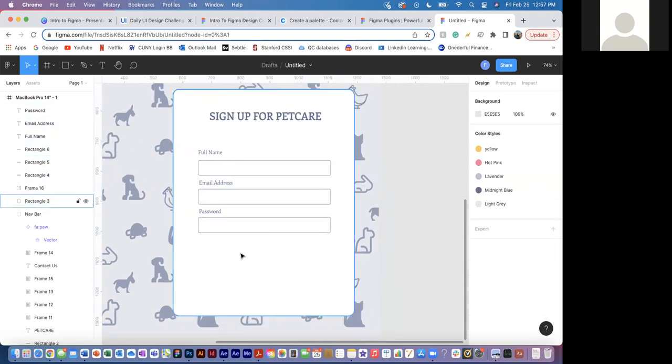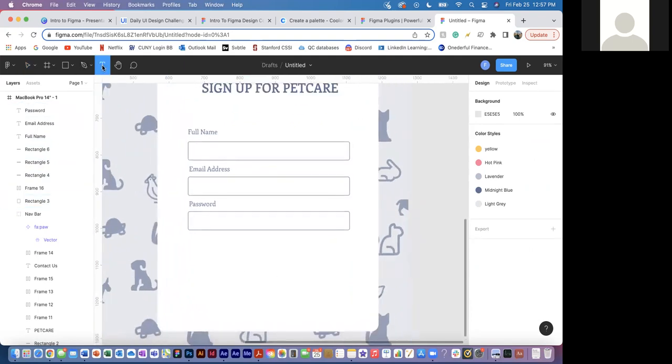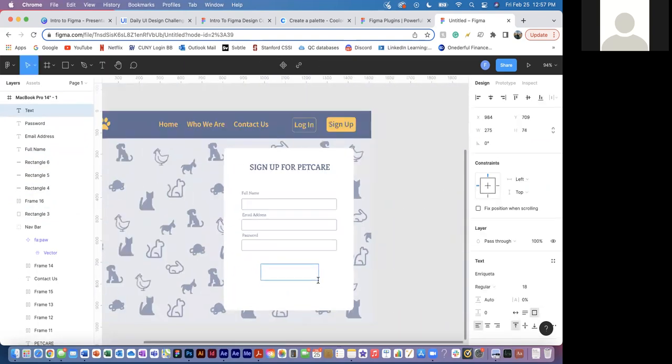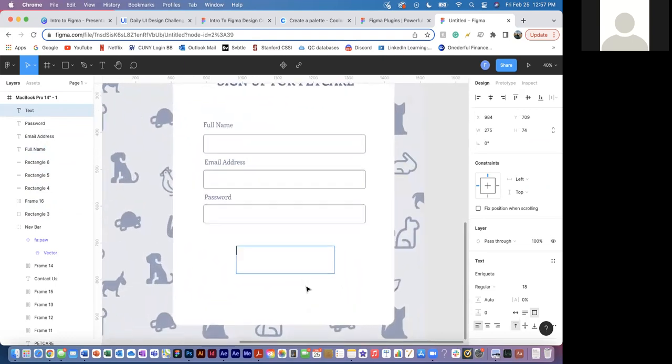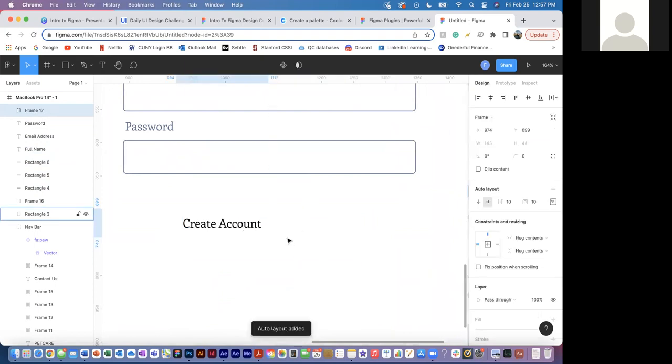And afterwards, we need to create a button on the bottom called create account. So I'm going to do the long process just so you guys can see how to do it again, but you can also copy paste the sign up. So create account and then click out and shift A